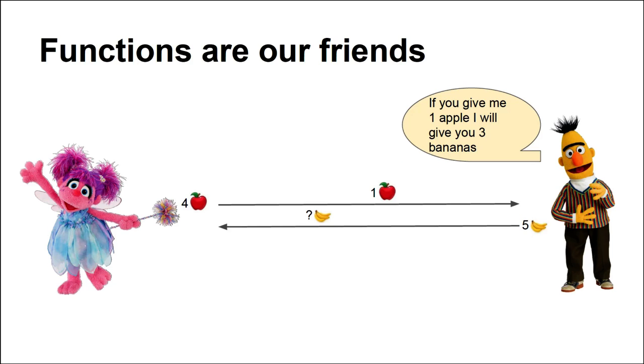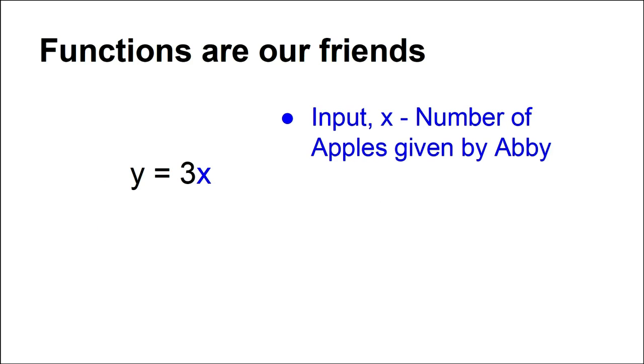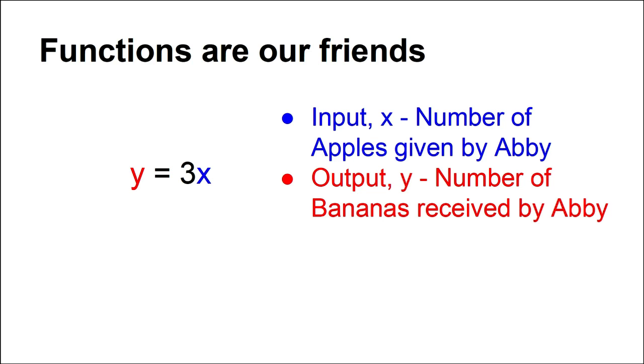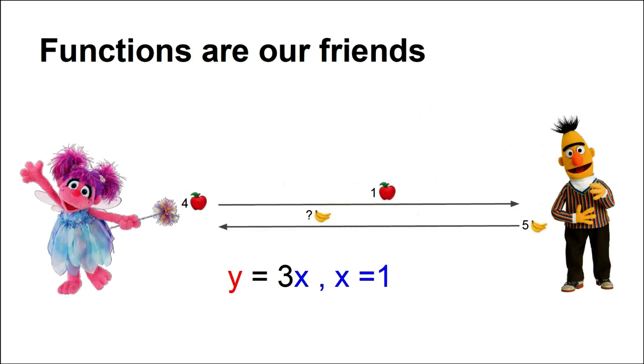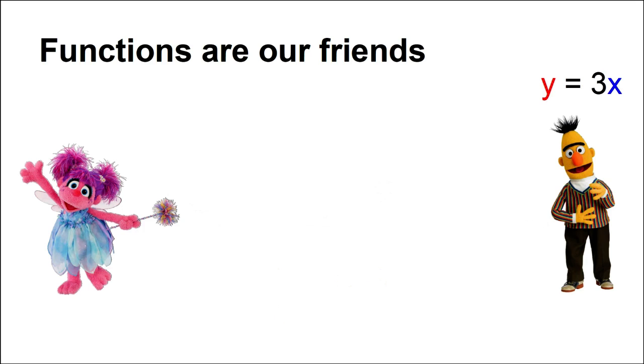So what's the function here? Basically, a function is a process where you have the x, which is the input of the function, and that yields an output, which is y. So basically here, x is the number of apples that Abby will give Bert, and y is the number of bananas that she will get back. And this is where it gets interesting. So now that we have the function, pretty much we know exactly, given any x, what's the y that you obtain. So in this case, if x is equal to 1, she will get 3 bananas. So we can say that that function perfectly models what Bert is going to do